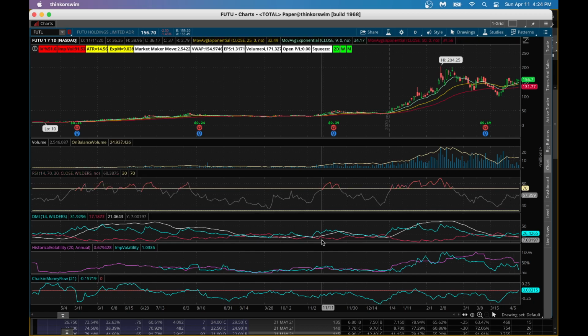Next, let's look at DMI, directional movement indicator. I always try to look at this and see if it makes sense. So in this case, in the DMI, the blue line here is above the red line, which tells me it's a bullish sign right now. Anytime the blue line crosses over red line and it's above red line, that indicates bulls are in control. And ADX itself is flat at this point, trying to go up a little bit. I would have liked it to be a little bit higher, but I take this given blue line is above red line. And next is IV, or implied volatility.